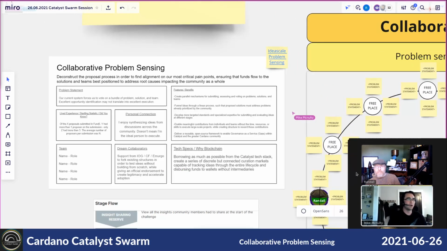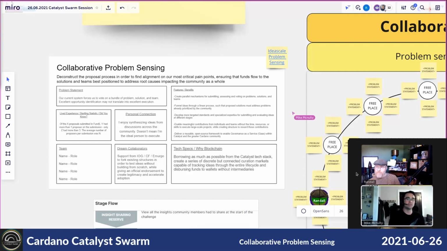I've been thinking a lot about how silly it is that in our current Catalyst process, we have to bundle up all parts of a proposal together when we have this massive distributed network of people with different skill sets, people that want to engage at different levels in different ways. Could we start to build engines dedicated to identifying problems, identifying solutions, identifying teams, and doing that separately,